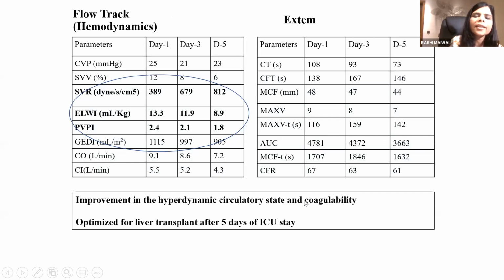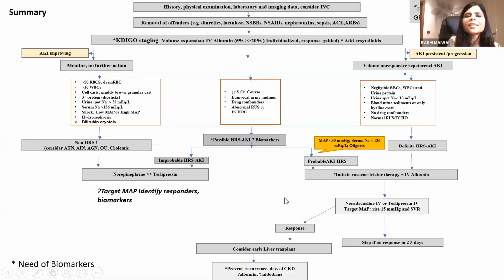So I chose this case just to show you that we optimized this patient for transplant. We could not achieve a complete survival at 28 days because the transplant remains the definitive option. And this is my last slide of the algorithm that I would suggest we should follow for managing patients with